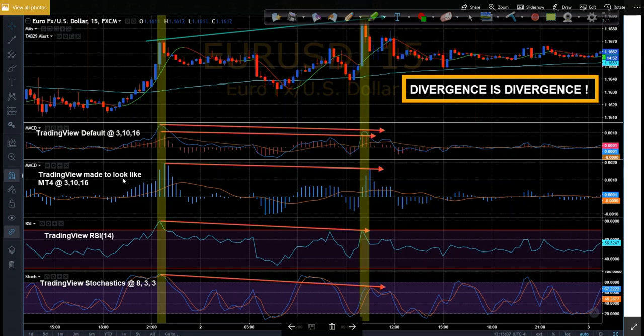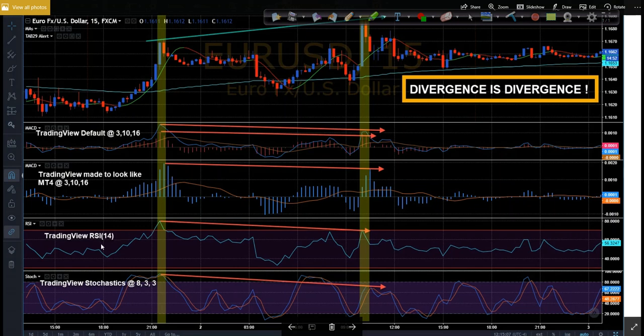Here's the TradingView, and I've made it look like the MT4. I've switched around what is the histogram. I took away the one plot. I only draw the signal line that they draw. And you'll notice I'm saying things. Well, gee, their signal line matches the TradingView signal line. Their histogram essentially matches the TradingView histogram. It's just it has more amplitude in each direction. It doesn't mean it's going to show divergence and TradingView won't, or TradingView will show it and MT4 won't. MT4 just does it with more amplitude in the histogram.